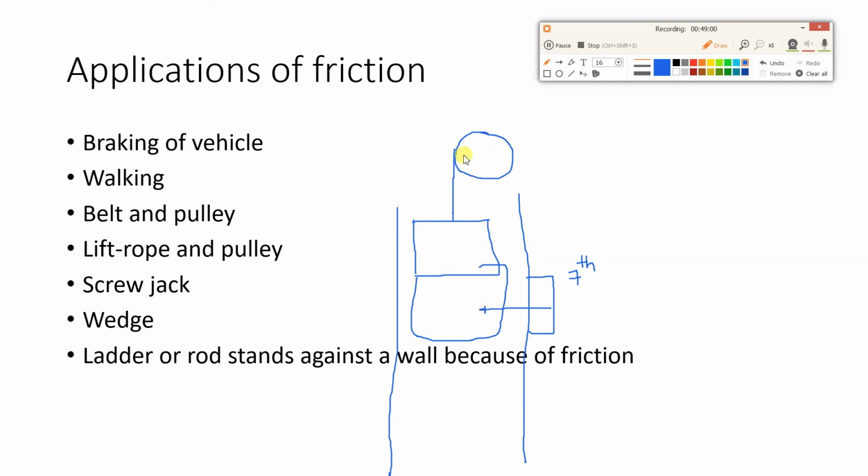Now if you see this pulley and rope, here also there will be friction. Only then is this lift held at a particular position, otherwise it will fall down. Okay, it is held at this position because of friction. Even if the lift has reached the ground floor and you have to move this lift in the upward direction again, that is possible because there is friction between the rope and the pulley.